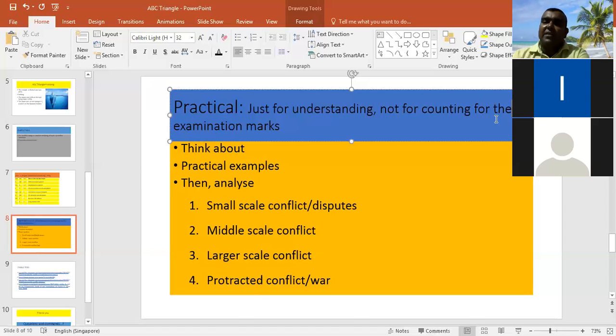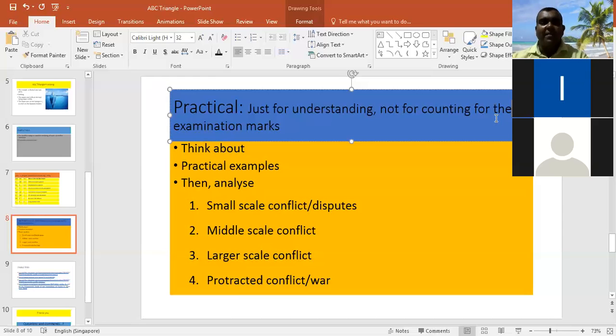Between India and Pakistan, right? Later on, while you are studying the conflict and peace course, you can have that ability, that capacity. But until then, you have to think about a very small conflict, right? So please select one or more than one, then analyze them,